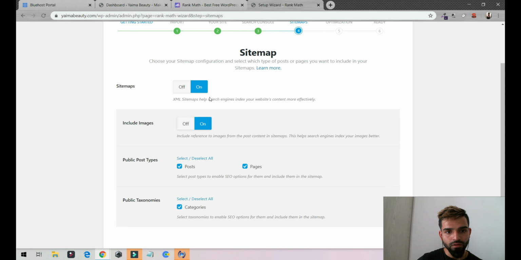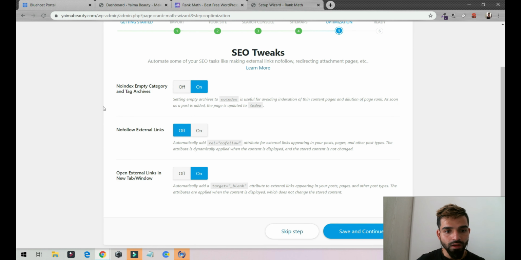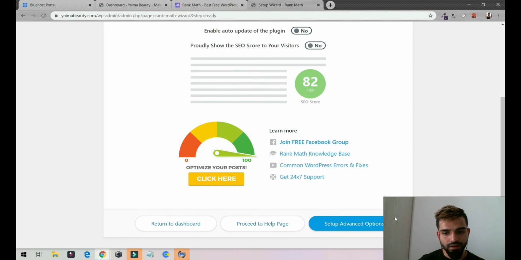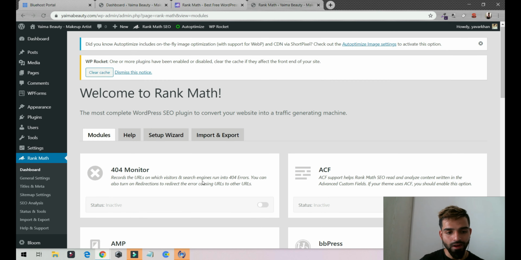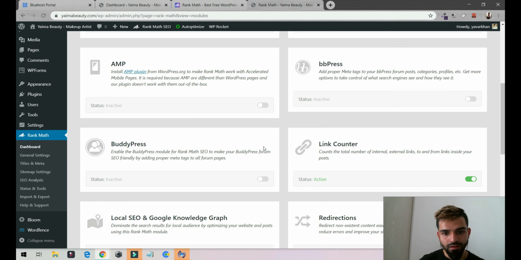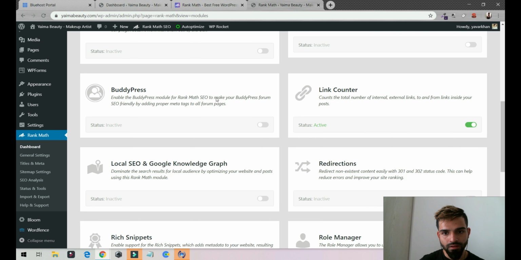And then switch on the sitemap and leave this as it is, save and continue, and leave this as it is, save and continue, and we are ready. So that's it, and return to the dashboard. Now congratulations, you have set up your Rank Math SEO plugin, and I would suggest to activate this 404 monitor, and the next one is